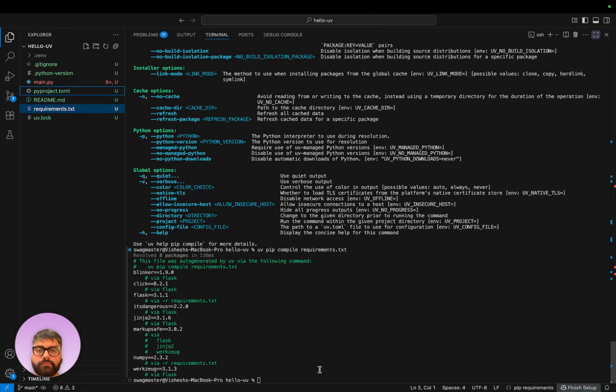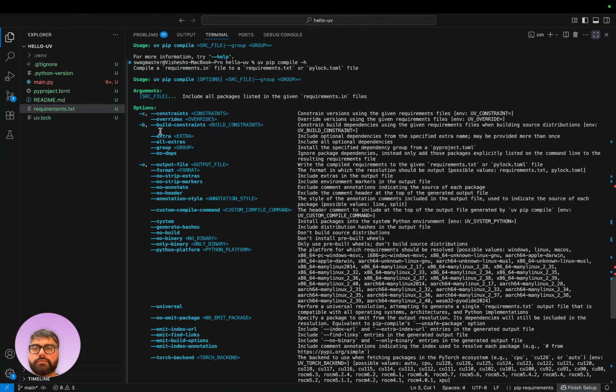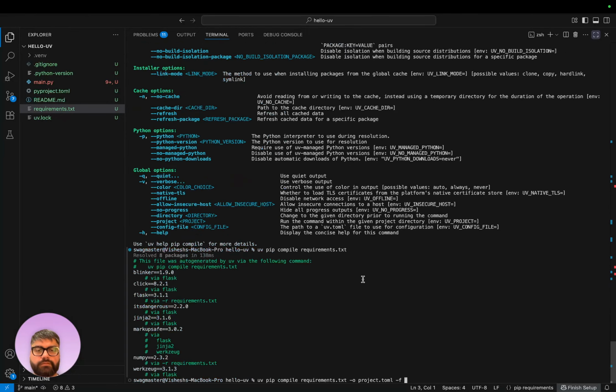Okay, so dash O project pommel, because I just want to see it. Dash F. Is it dash F or dash dash format? It's dash dash format.